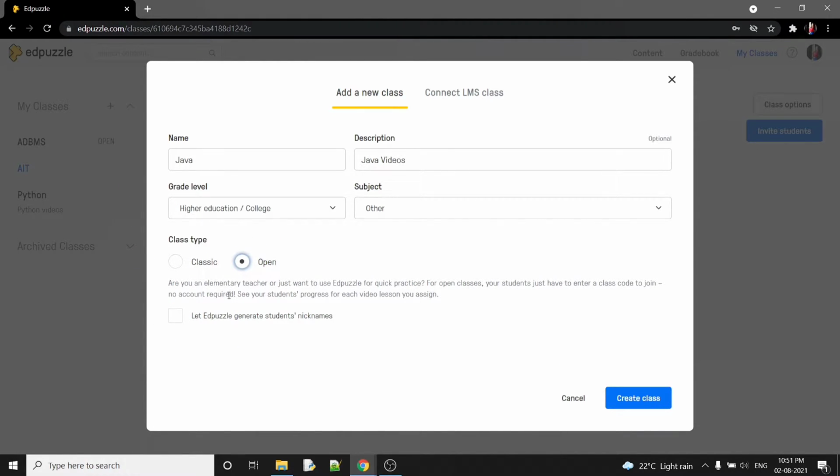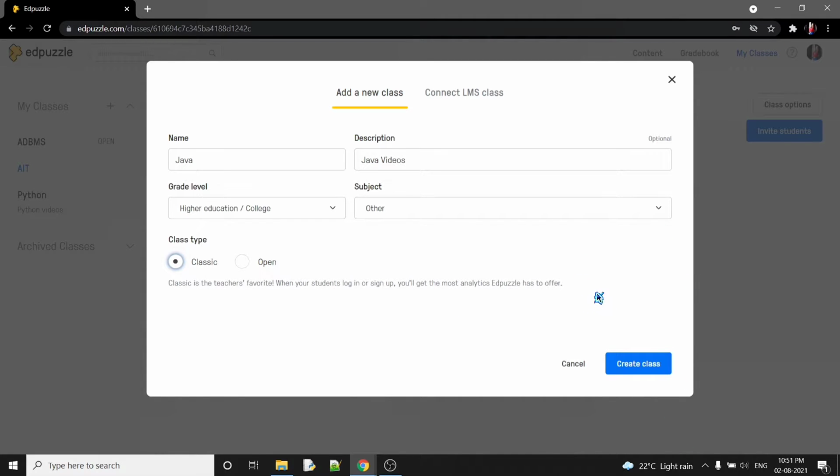They haven't signed up for this, so they can just join my class through the link. After creating this class, I'll get a link, so I can share my link with my students. So if they don't have Edpuzzle accounts, they can also join my class if I put the class type to open. But by default it is classic, and it is better to keep it classic.